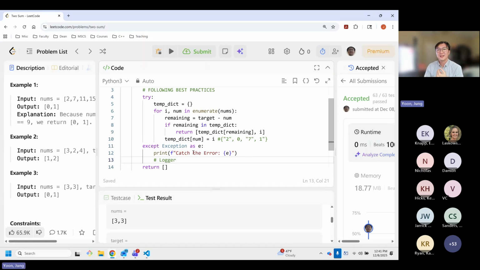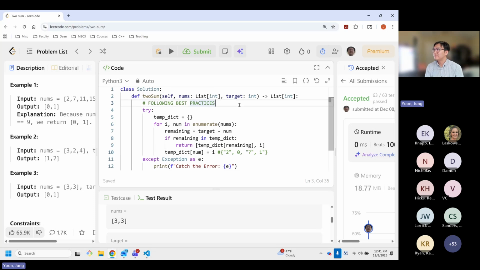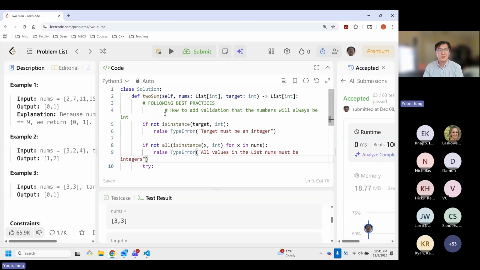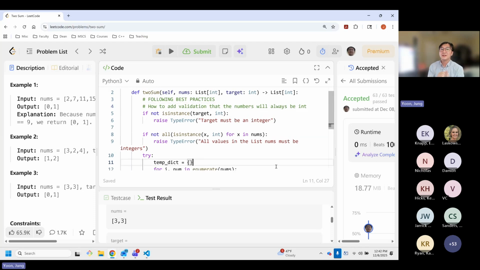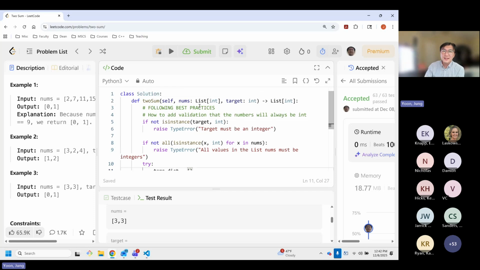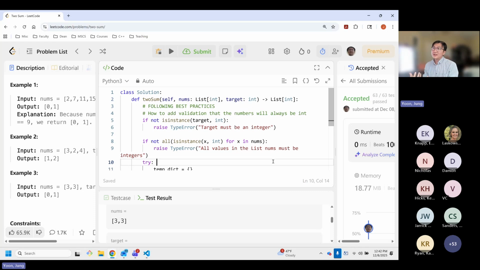Yes, we're almost done. And then the final portion, which I will just copy paste in because it's longer. Another thing you can do is add validation to ensure that the numbers will always be integers. What does that mean? Yes, we know from this level they're going to be integers, but in real life, you can't always be sure that your users will provide integer values.